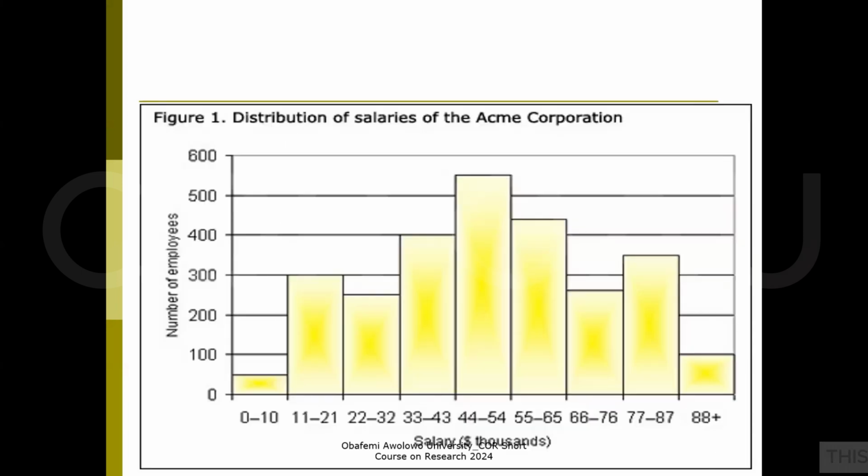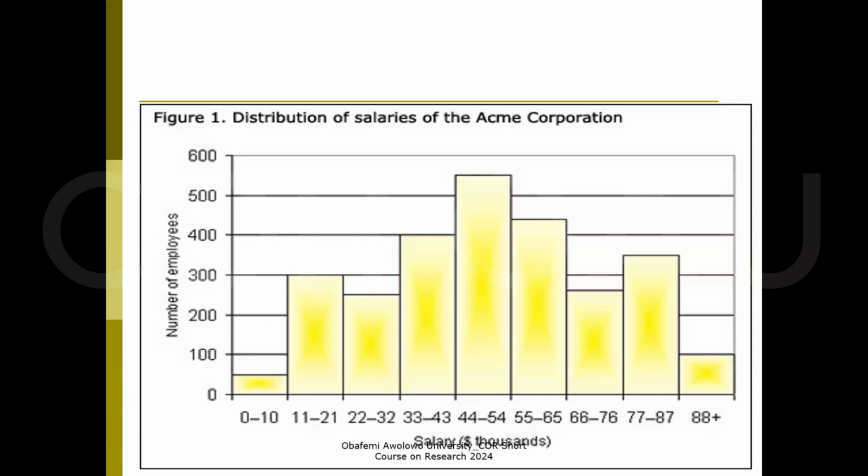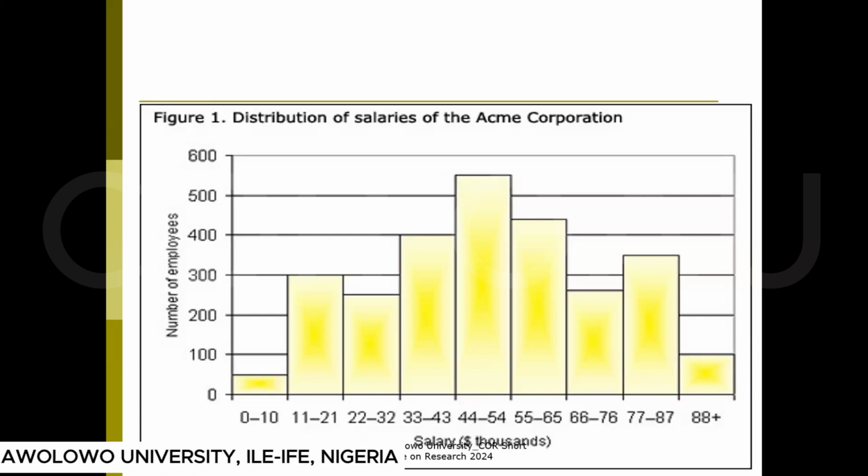This is also an example of a chart that presents a finding in a way that you can see quickly. This one is talking about the number of employees versus the amount they receive in thousands. So looking at this, you have an idea. These are just examples to illustrate how graphs or charts help us to simplify our findings and understand better what we are trying to do, rather than trying to put everything in text. Go to the next one.